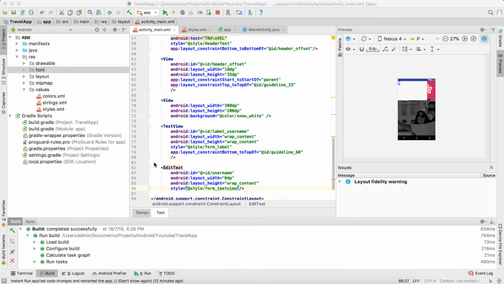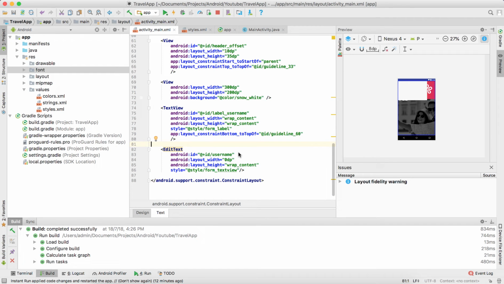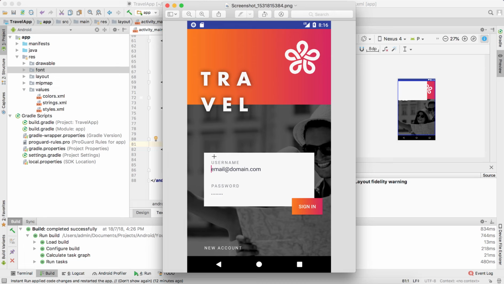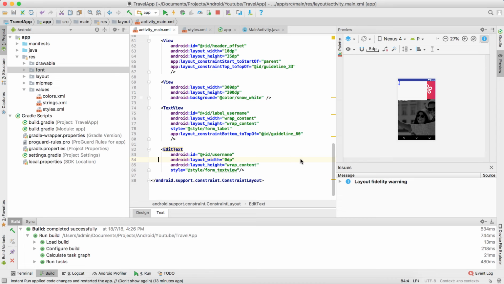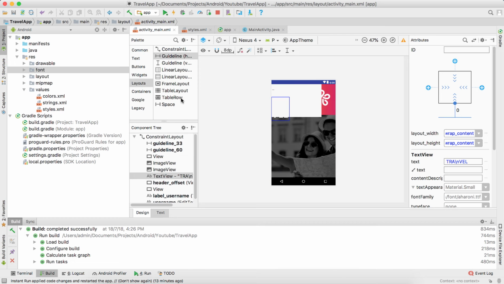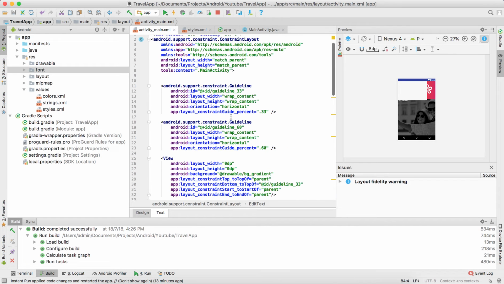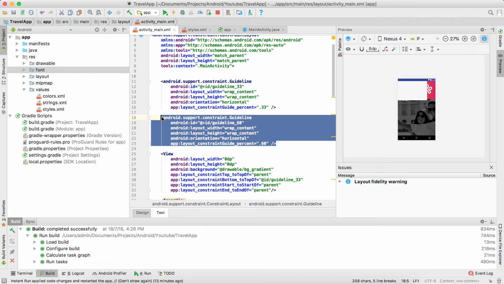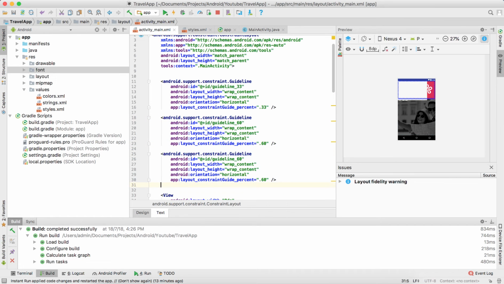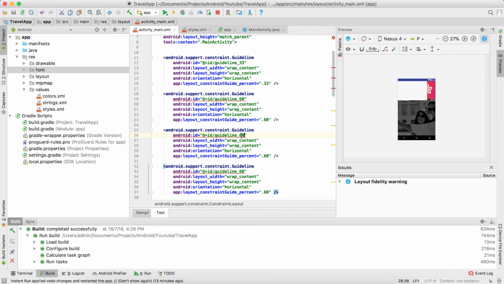So let's create guidelines. Okay, we'll create two vertical guidelines so that the edit text will be centralized between them. Oh, okay, I'll just copy from what we have before, and this time I just paste it twice. We change it to, I want a margin of 48 dp, so I'll name it that, 48